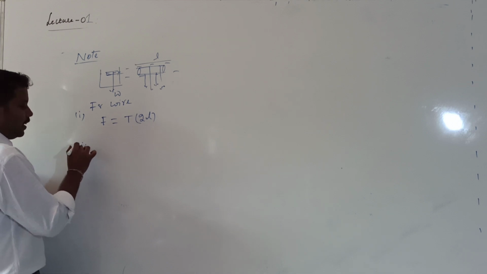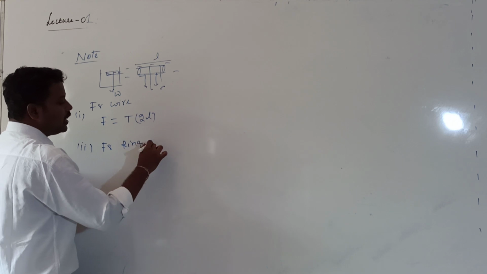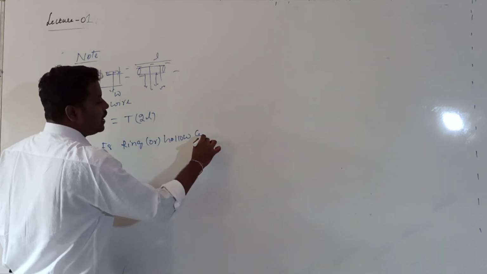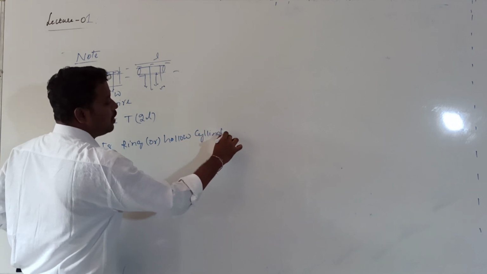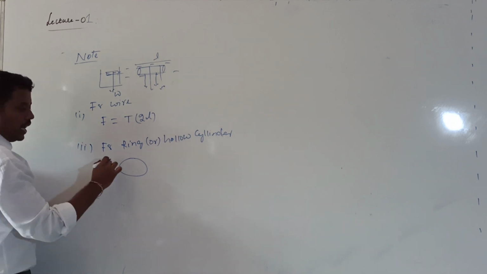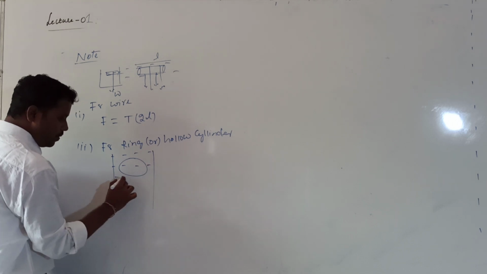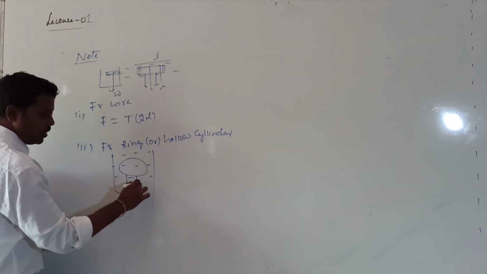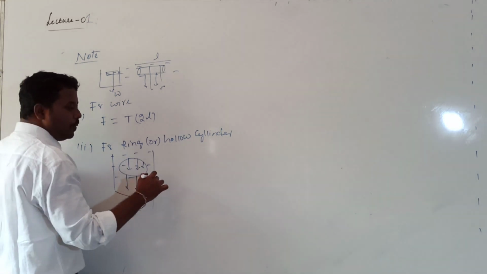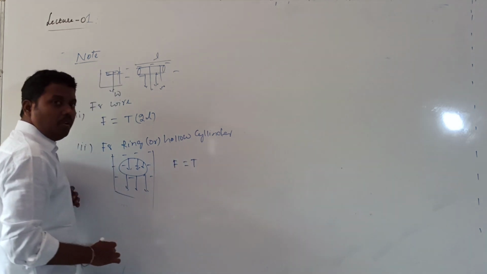If I take the second example, a ring, if I want to lift a ring or otherwise one hollow cylinder from the free surface of the liquid. If I consider one circular ring inside the liquid, and I want to lift this ring, force is acting on the ring on both this side and this side. So how much force is needed to apply? That value will be given by F equal to T into, what is the length?